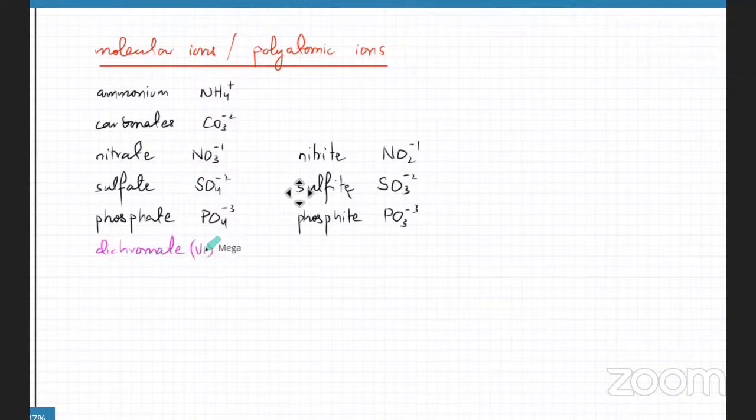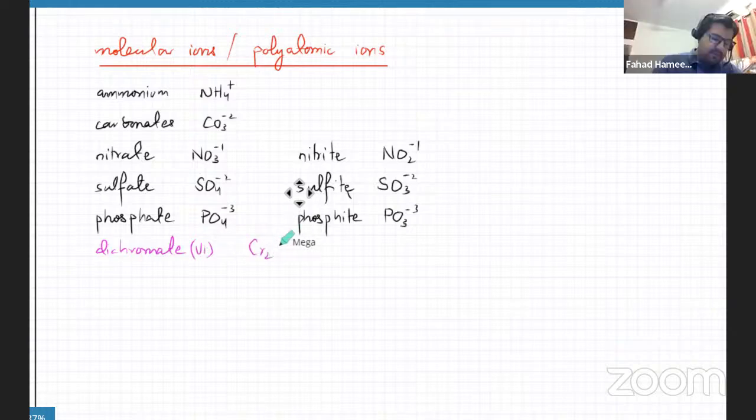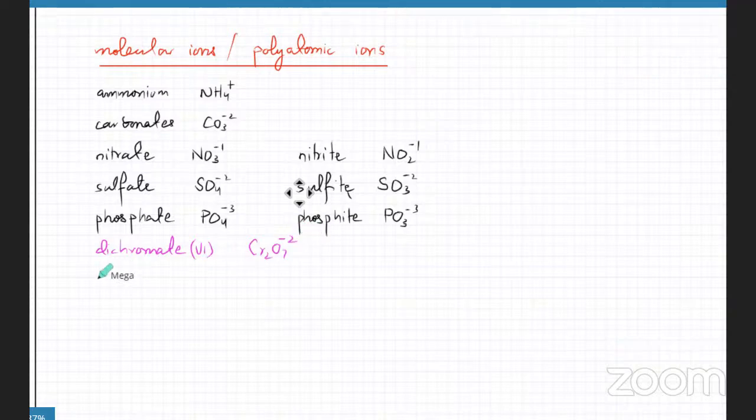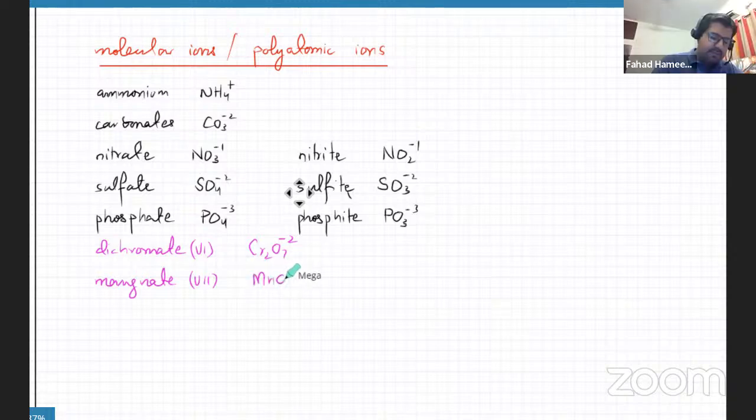Dichromate, Cr2O7 with a charge of -2. Okay, that's Cr2O7 with a charge of -2. What's manganate 7? KMnO4. Yeah, but the ion is MnO4 with a charge of -1, right? KMnO4 is the whole compound. Okay, so this is manganate 7 or permanganate 7. And then you have